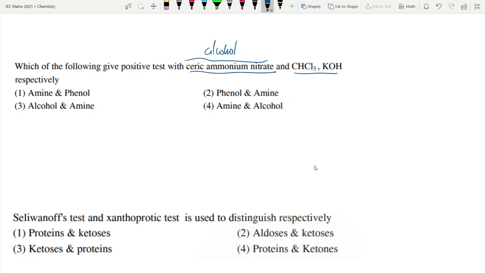It has some color, ceric ammonium nitrate, and when it reacts with alcohol, it forms a complex first, and the color changes, and after that when oxidation happens completely and alcohol is oxidized to aldehyde, the complex gets colorless. I'll be making a video on this test very soon. But this is a test for alcohol, and this is a test for, as I see the options I can understand,